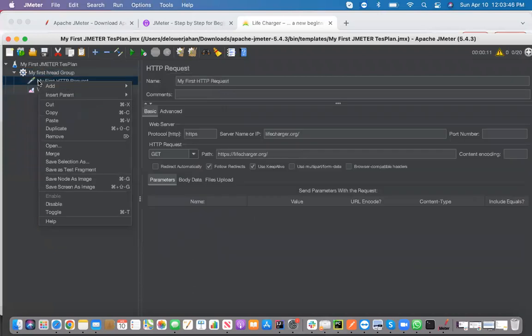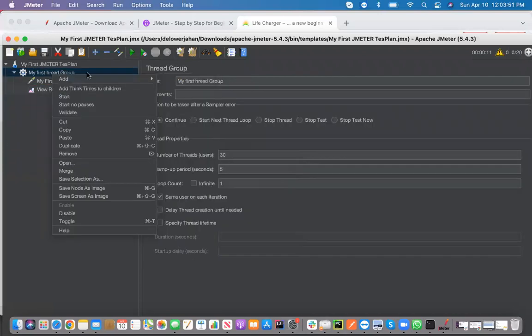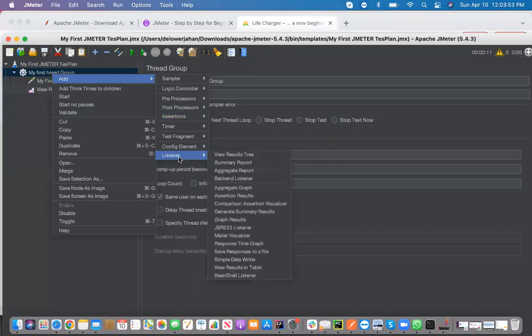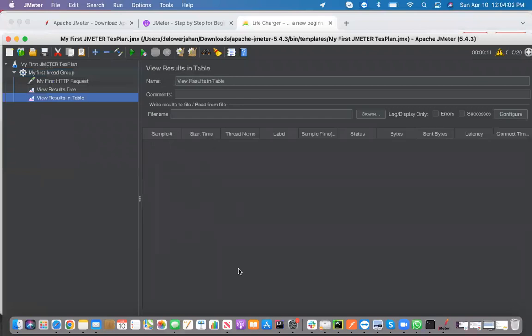So, okay. I also added maybe another one, Results in Table. This one is very popular. So let me run this first and see how it works actually. As I said, this is the run option, right? You see that this is the green triangular button. If I run this,